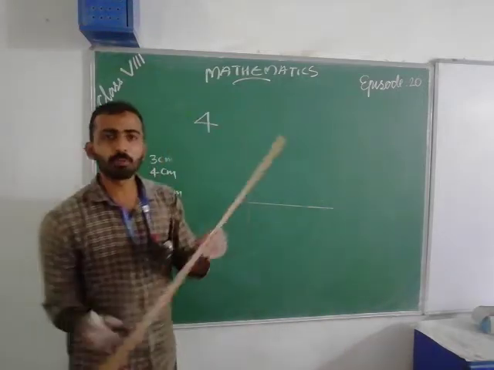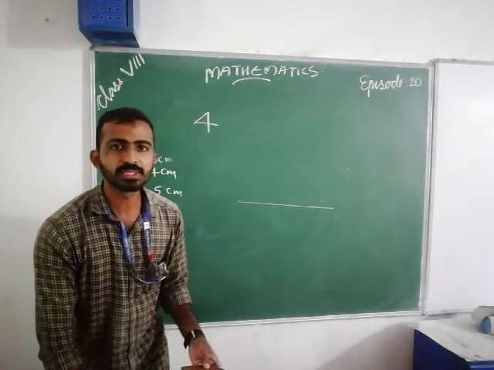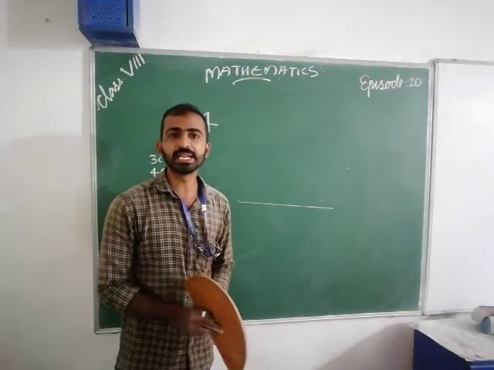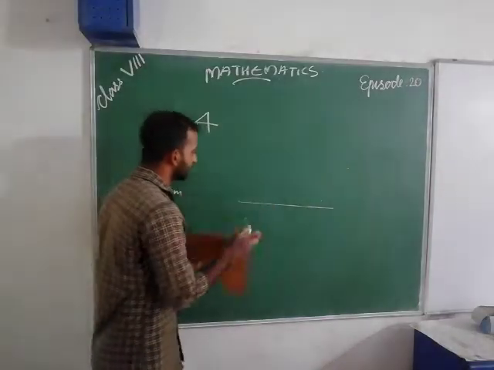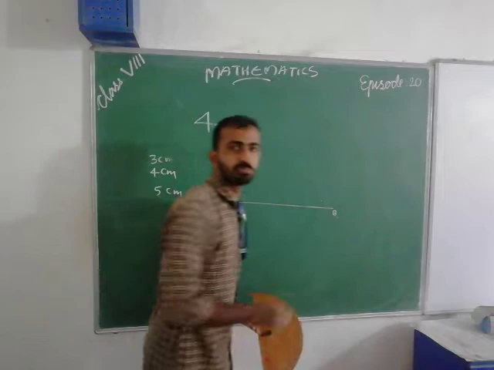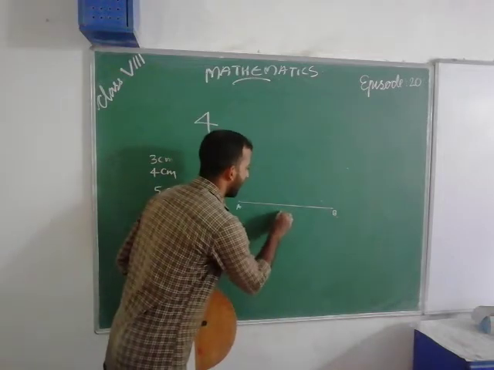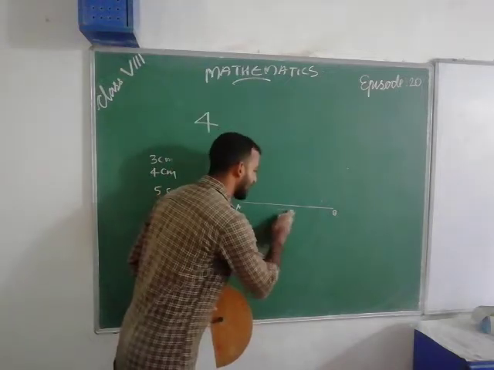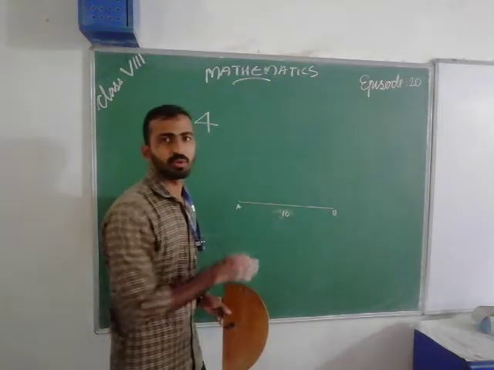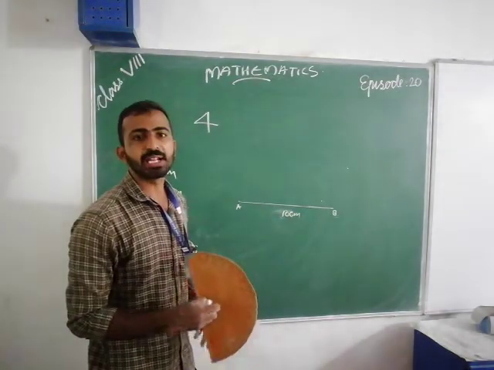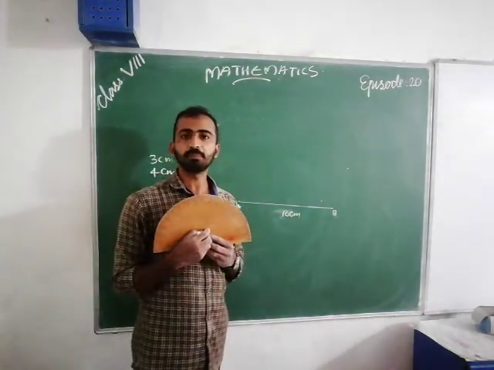And we take the protractor. Why? Because in a rectangle one angle is 90 degree. So this point is A, this point is B. This is 8 centimeter or 10 centimeter. Here I take 10 centimeter. This is a rough figure for your explanation. This is 10 centimeter, and we take this protractor from the geometry box.